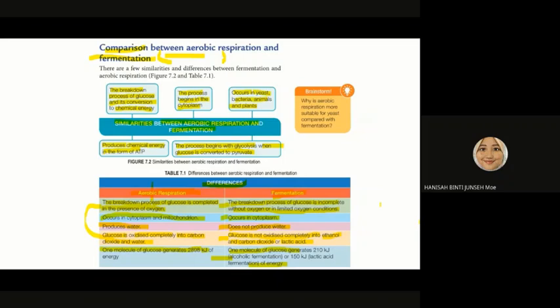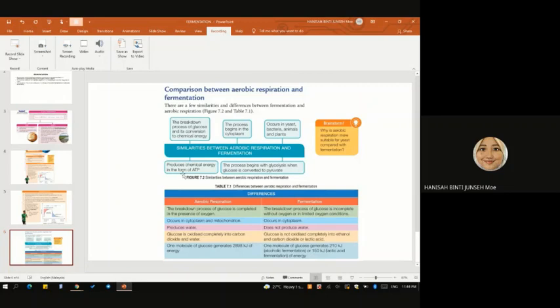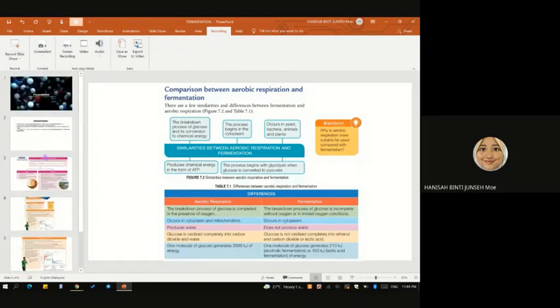I hope it helps you to learn, atau it helps you to understand the topic. It's more like listening to the radio actually. I actually prefer to write down or just do a sketch a little bit here and there in my slide, but because of this problem with my laptop screen, I cannot do that. So I hope my explanation today helps you to understand today's topic, and I hope that if there's any question that you don't understand about this topic, you may ask me in the WhatsApp.